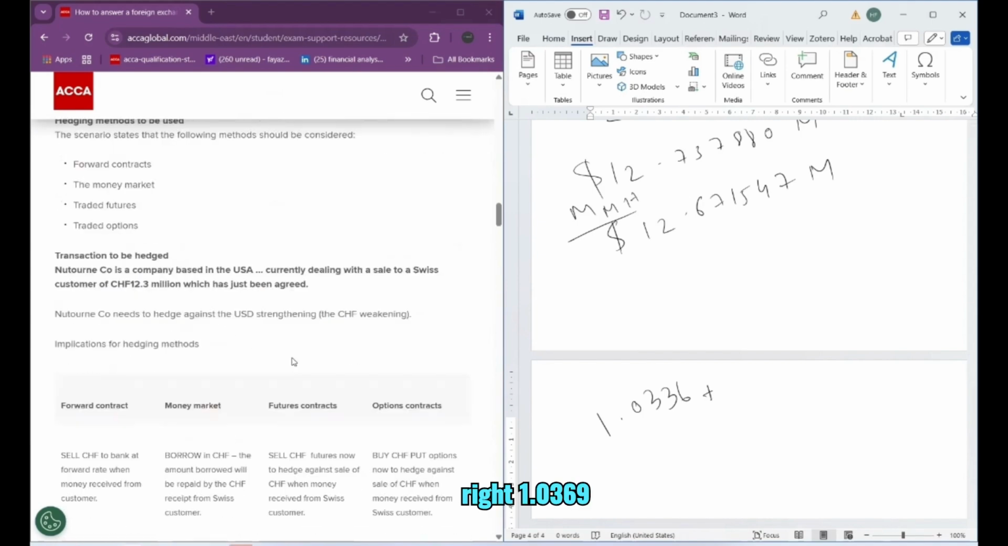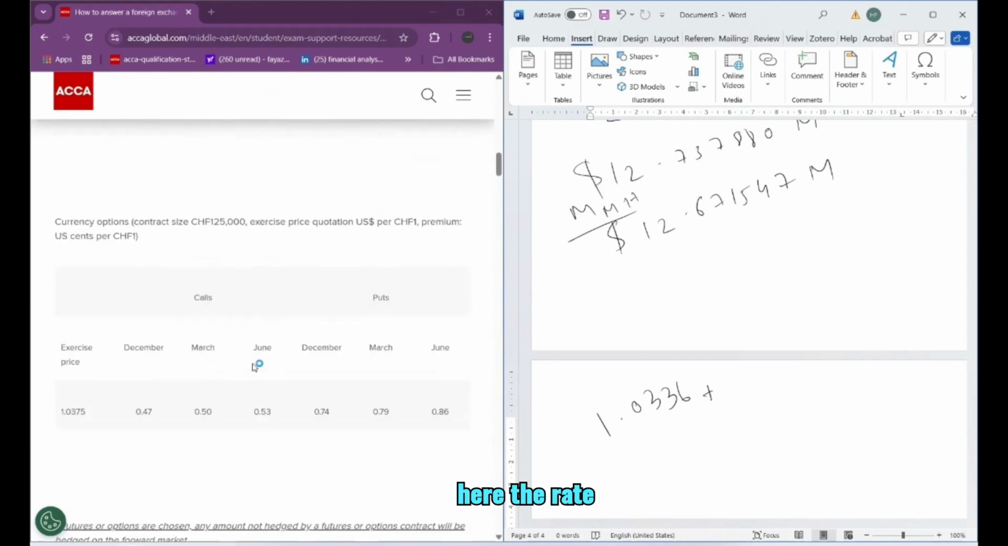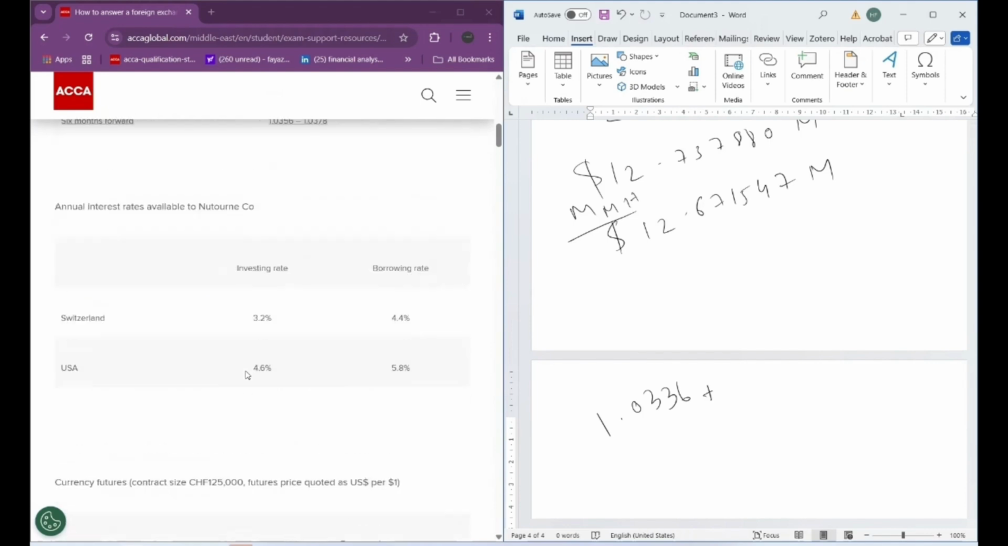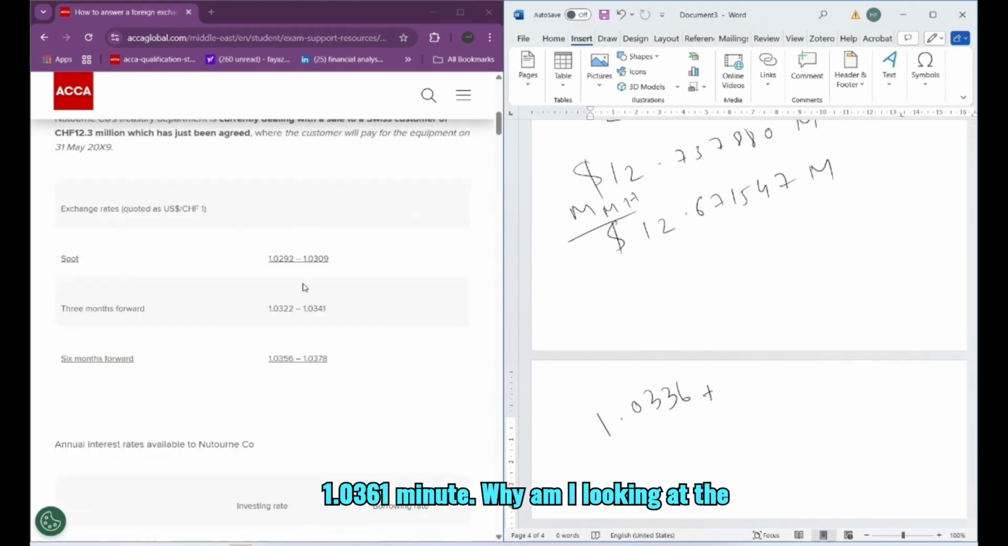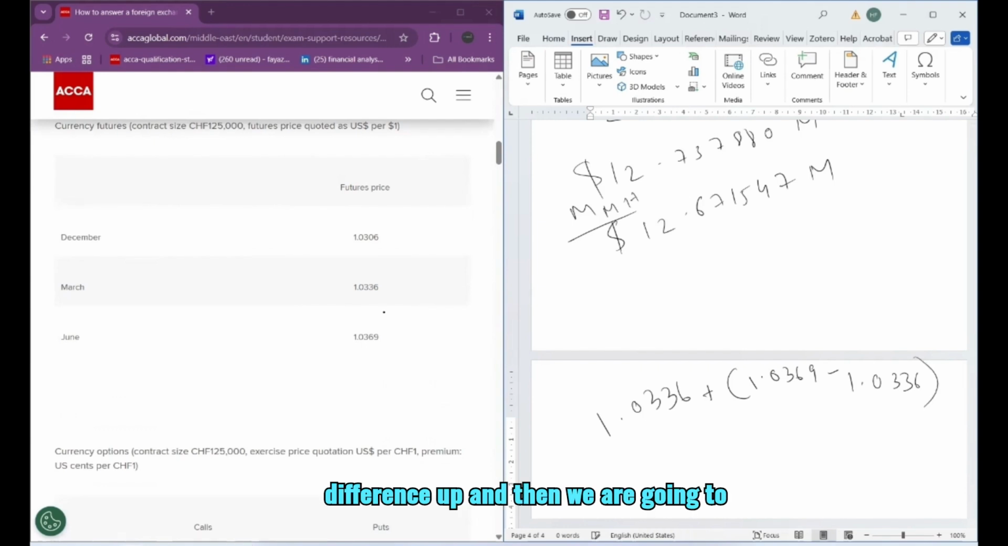So here I can see that 1.0369 is the June futures price, and then the March futures. Okay, there is some difference, right? What we can do is, using this difference, add up this amount: 1.0369 minus 1.0336. We add this difference up, and then we are going to multiply this